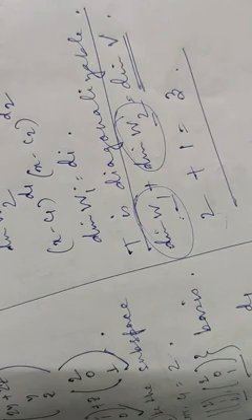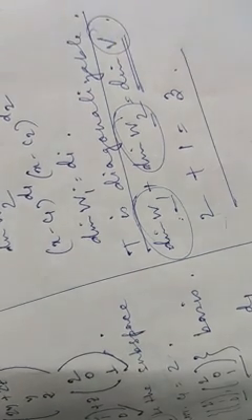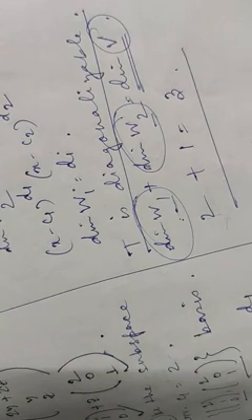Now if it is diagonalizable, that means there exists a basis script B of the given vector space V, which is R cube here, such that each vector of this basis should be a characteristic vector for T. That means we need to find out that basis script B. What will be the basis? We have the property that for this basis each vector will be a characteristic vector. Then what will be that basis?